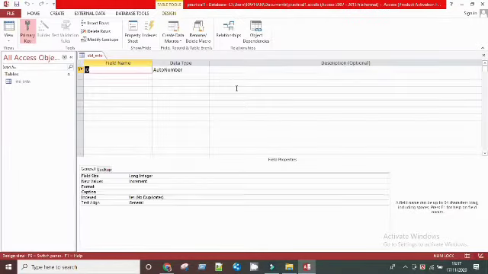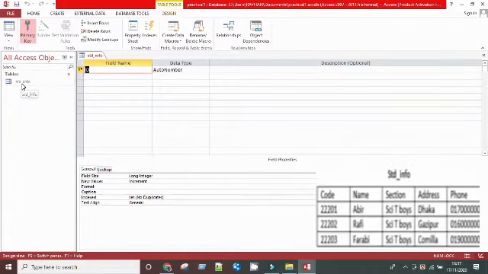You will be presented with this view, where there is the field name, data type and description. Field name is the title of your column of the table, and the data type is the form in which your column will take input. I will describe the data type in detail when I create some columns. If you want to give a description for your column, you can give it here.